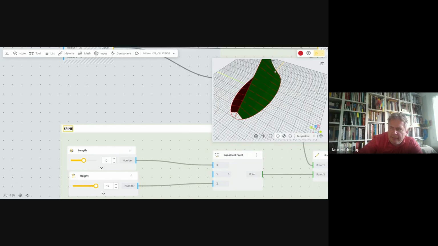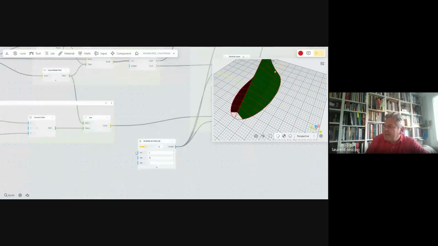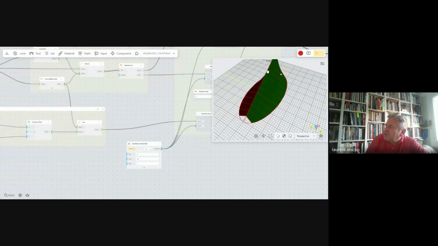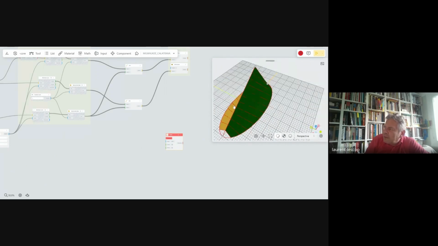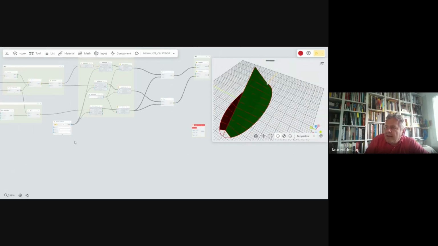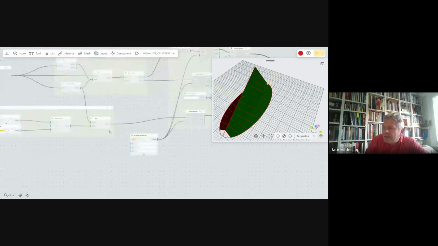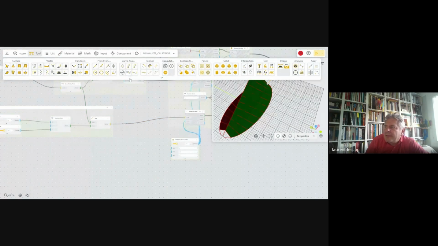Spine, because it's more spine than a mass. A spine, this is my spine. So it had to rotate along this spine. I need a vector, so I need to create a vector using this spine. What I can do is, I've got this line, which is my spine, and what I'm going to do is get two points out of it.